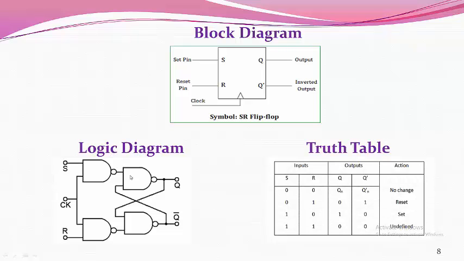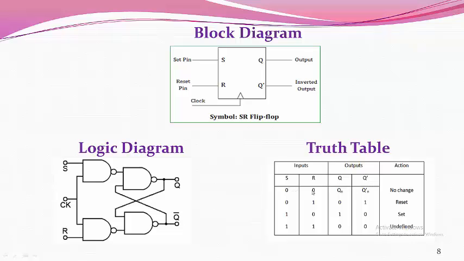Now we will see the truth table of SR flip-flop. This truth table is nothing but the complete operation of this particular SR flip-flop in tabular format, and it is nothing but all possible combinations of input and the corresponding output with the particular action or state. Now, this is the input column. S and R are two inputs. It has four possible values, that is 00, 01, 10, 11, and depending on the application of this present input, it will provide the present output Q and Q bar.